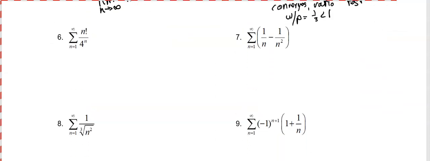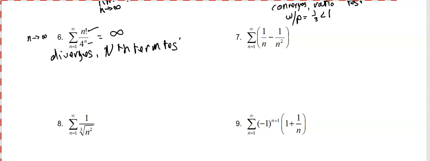6, again, got to pass the n-term test. As n goes to infinity, we hopefully understand factorials grow faster than exponentials. So this limit is infinity. So we can conclude very quickly that this diverges. N-term test, the limit as n goes to infinity of that general term is infinity, and then not 0 that it's supposed to be. 7, this, as we do the n-term test, these pass the n-term test, but this should diverge right away